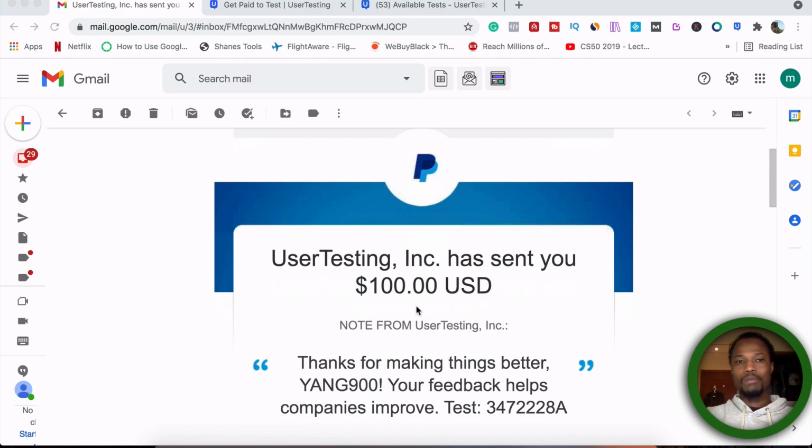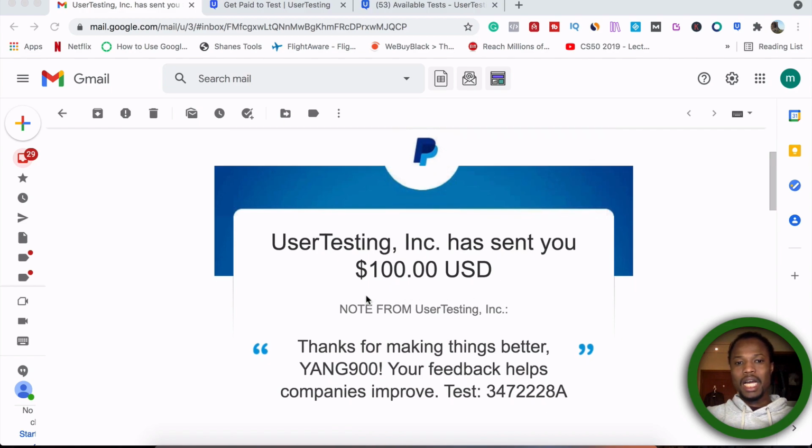All right, so this is the payment sent straight to my PayPal account, as you see that I receive here. As usual, I'm gonna go right now and try to reload my screen in front of you because I just like to show proof to my subscribers here. When I go out and try something that worked for me, I will come and share with them here and give them proof to show them that this is working. It's legit, what I'm doing here. I'm not like other YouTubers that are just showing you screenshots and not showing you proof. All right, so I'm gonna go right now and reload my screen in front of you live, and then you are gonna see it. So let me reload my screen.